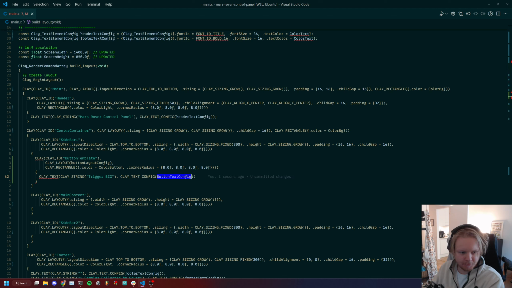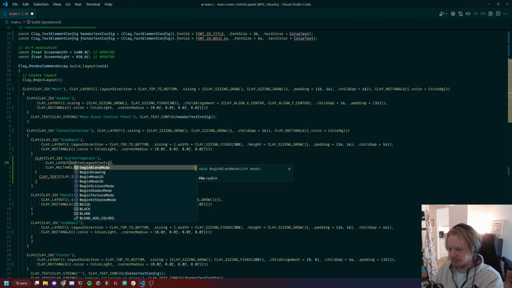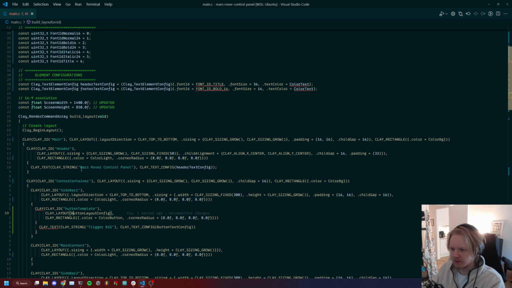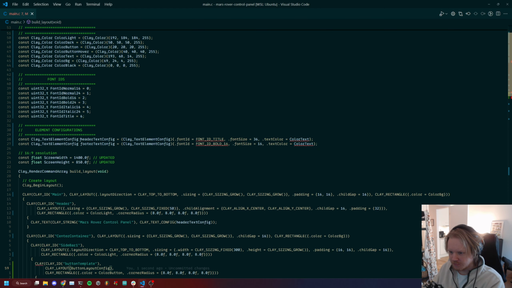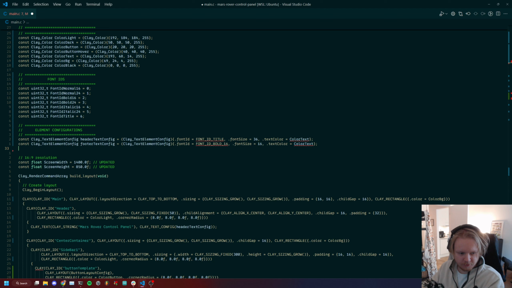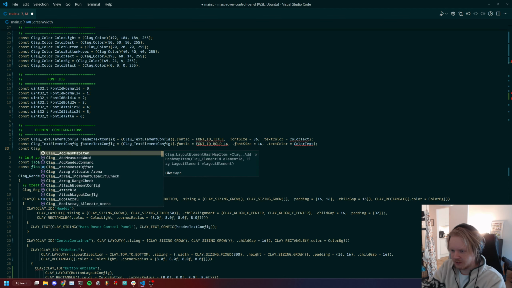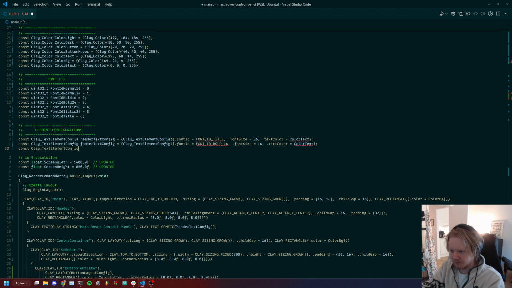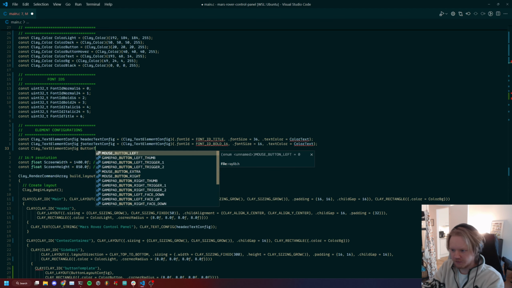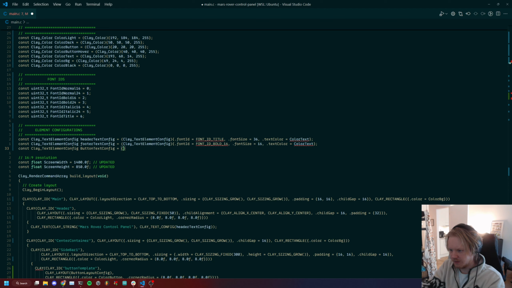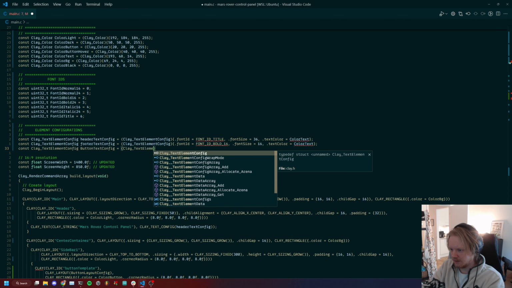So we need to create these two variables now, the button text config and the button layout config. And I think we will actually put a big B on that one, since it will be a global const. So under the element configurations, we can create the first one, which is the Clay text element config, and this one was called button text config. It will be an element config